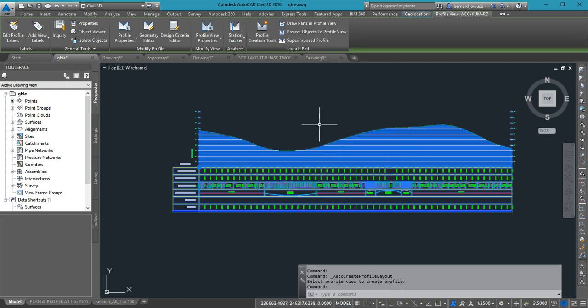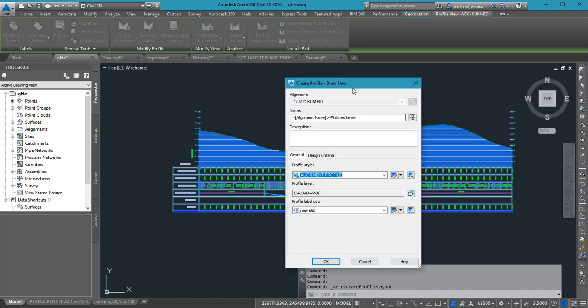I normally use this one. I select, then click on profile creation tools, and we are still at the same point. Please, are you okay? Yes. So if you are here,